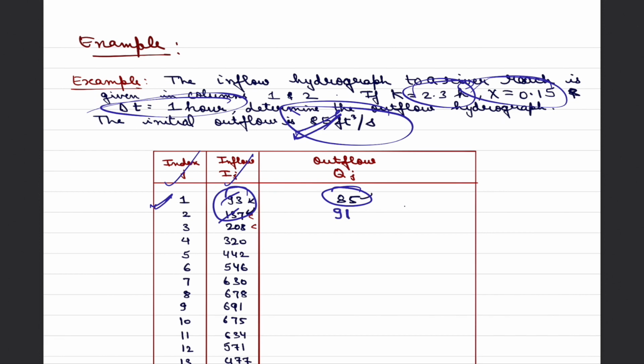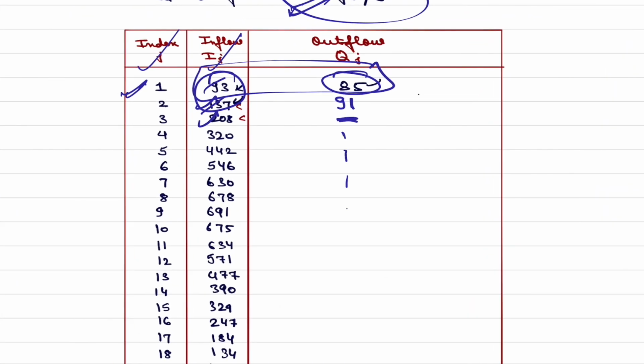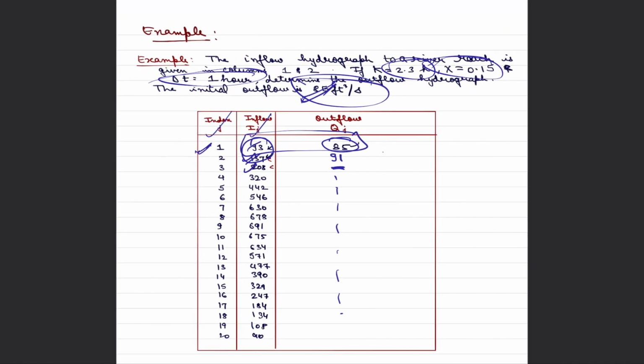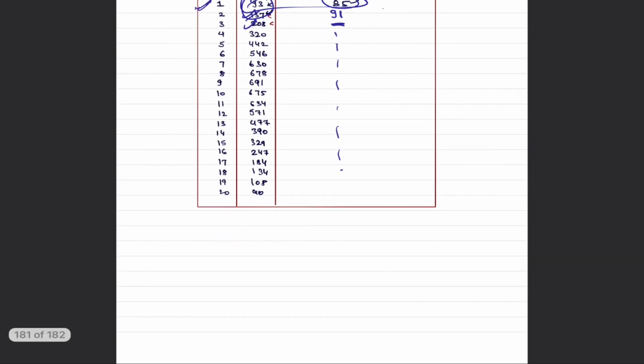Now when we go to the third entry, we will use I2 as 137 and I3 as 208, and determine the next value of Qj. That's why we need to know the initial conditions or boundary conditions. In hydrology, specifically in these small problems, I'm using initial and boundary conditions interchangeably, but let us not confuse that here. All these indicate the initial conditions in this particular setup, and once they are known, we can iteratively progress and calculate how my outflow hydrograph is going to look.